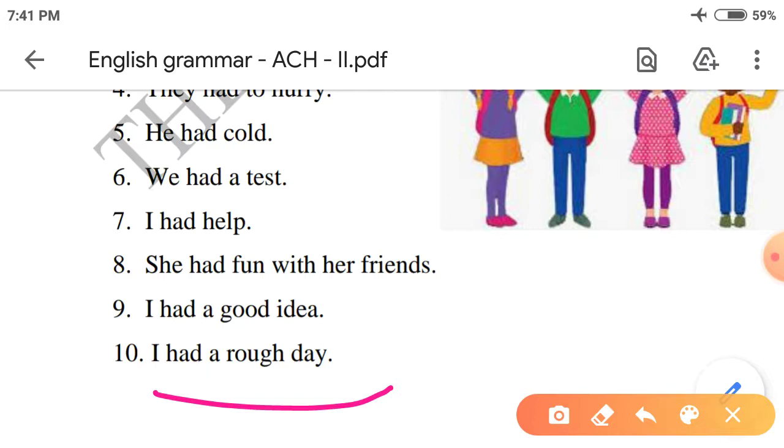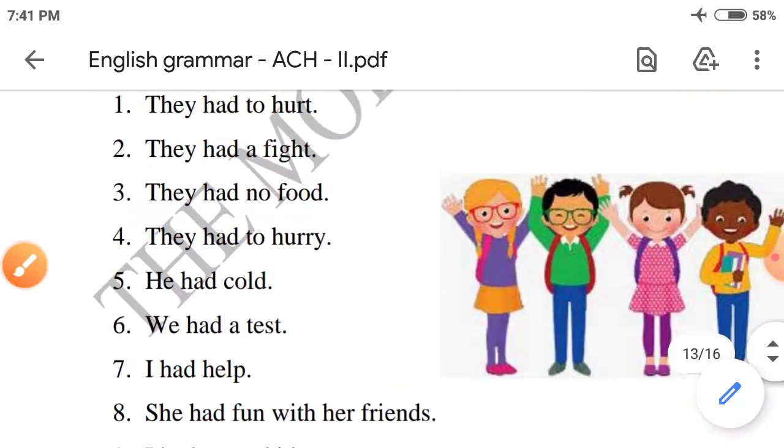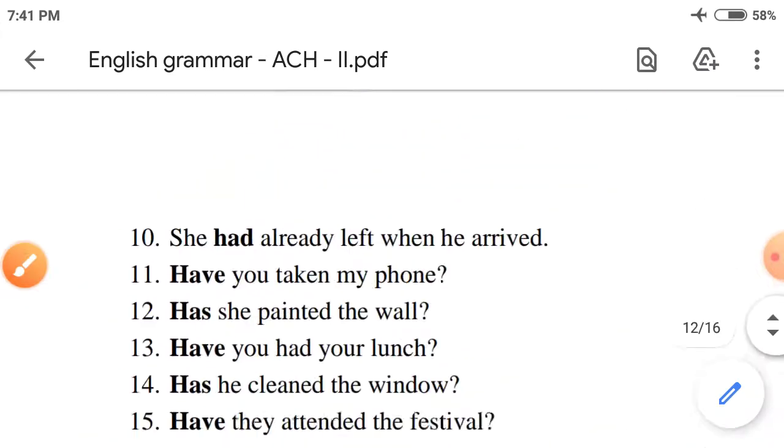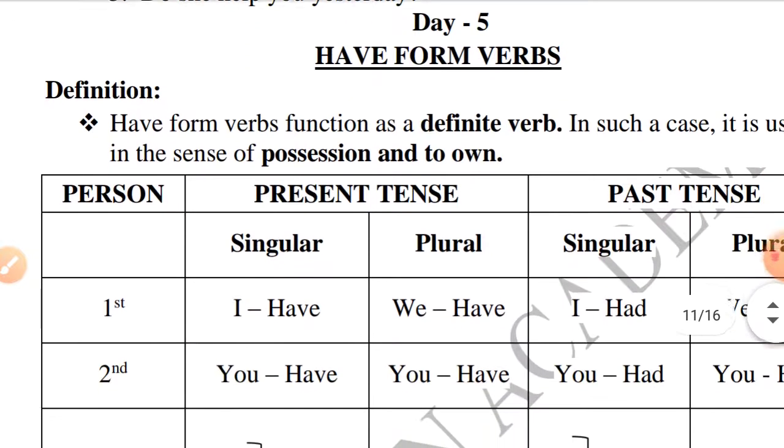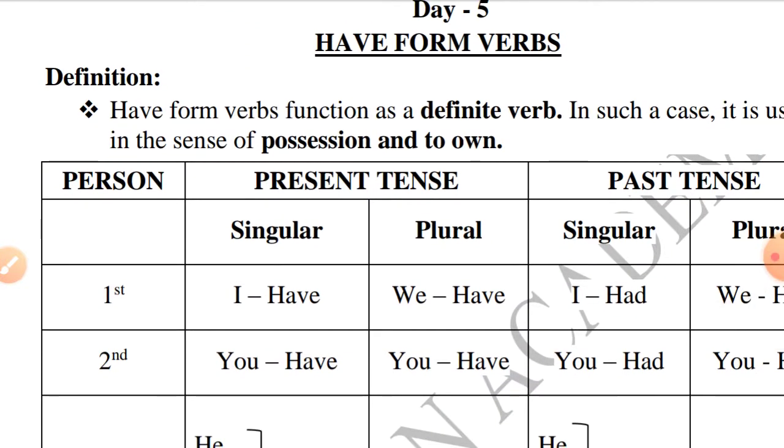So what we have discussed in today's class is have form verbs. What are have form verbs? It is a type of auxiliary verb. இது ஒரு helping verb. இது மற்ற verb கூட சேர்ந்து நெகட்டிவ் மீனிங்ஸ் கொடுக்கலாம், இல்லை கொஷின்ஸ் ஃப்ரேம் பண்ணலாம், இல்லை டிஃப்ரெண்ட் டென்சஸ் யூஸ் பண்ணுற இடத்துல இது வந்து யூஸ் ஆகும்.